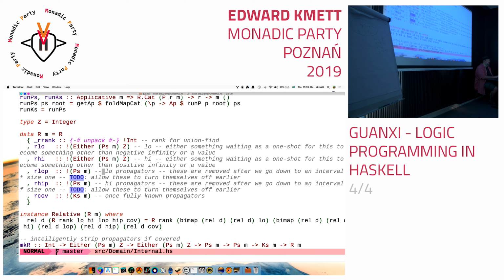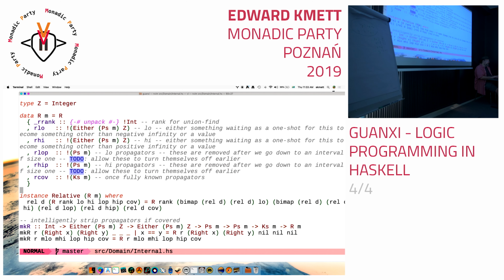And I have things that are waiting for any improvement in the lower bound, things that are waiting for any improvement in the upper bound, and things that are waiting for me to be fully grounded. Like this propagator only fires when it's down to an actual integer. If you have a constraint that's something like x is not 5, this thing can check for those and blow up the universe in that case. And then we can relocate one of these roots